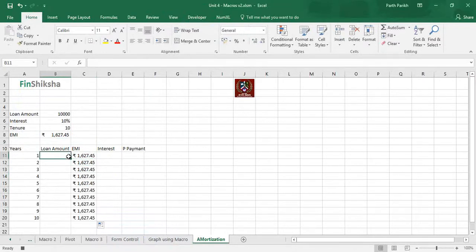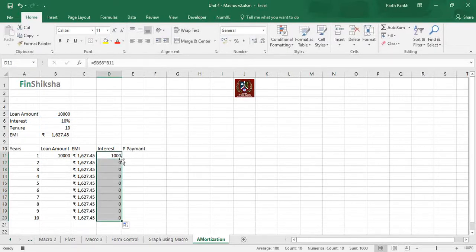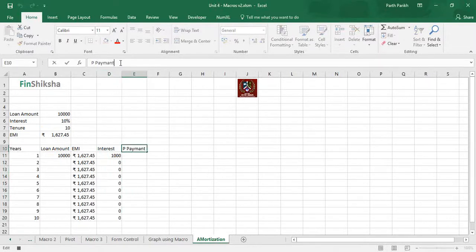Now first year my loan amount is 10,000 rupees over here. First year my interest is 10% of my 10,000. So I will make the 10% constant, multiplied by my loan amount, which is 1,000, and I'll simply drag this. The principal payment would be the difference between EMI and interest.